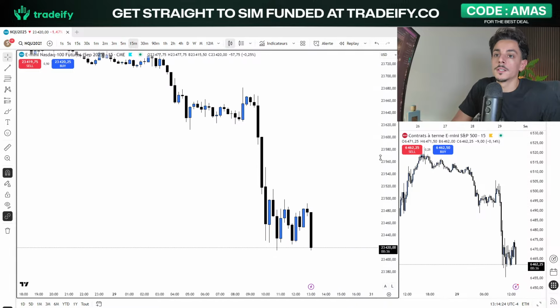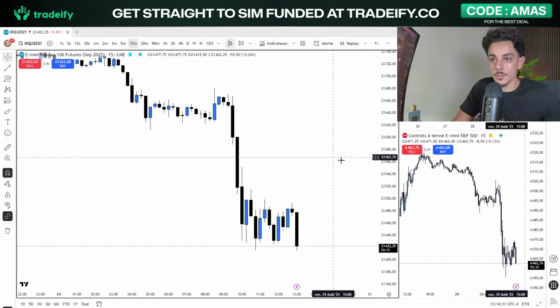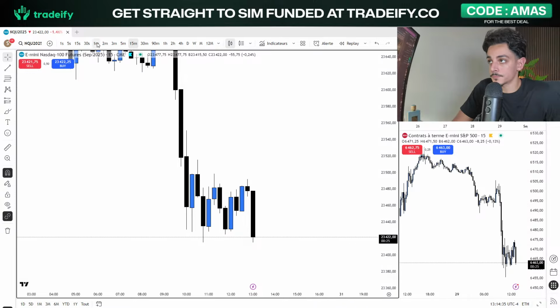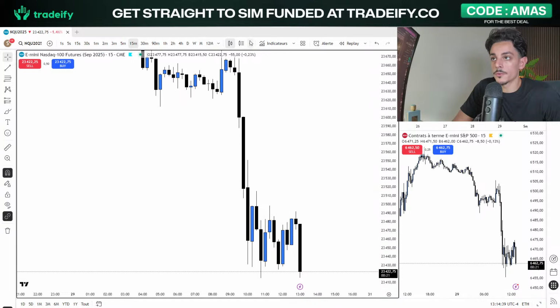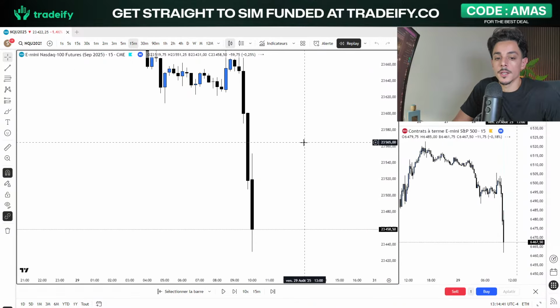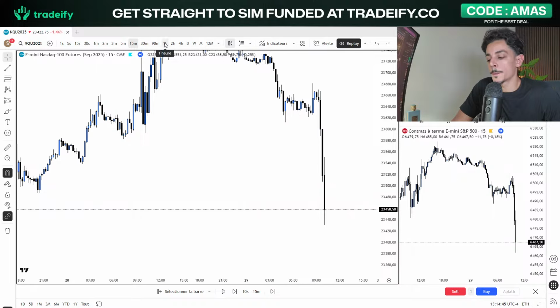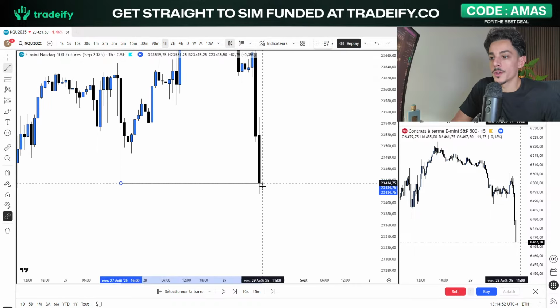So today, looking at 15-minute fair value gaps and unfilled gaps, there were 2 trades you could have caught, even 3, I would say. But let's just go over them. So here we go. We have the first trade, which was right here. This was a more aggressive trade, and you need to be a little bit more cautious